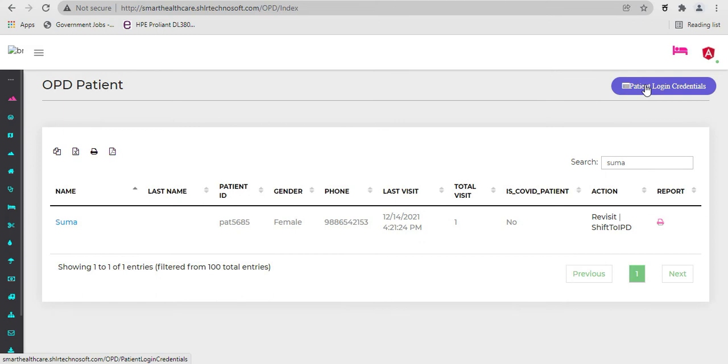This is how the patient details will be given. If you want a revisit, you can choose the revisit action. If you want to shift that OPD patient to IPD, we can shift.